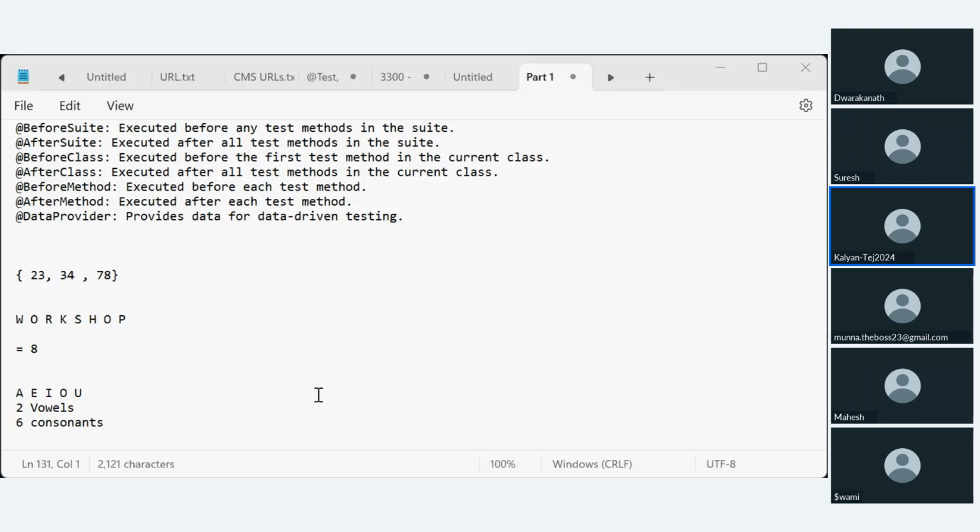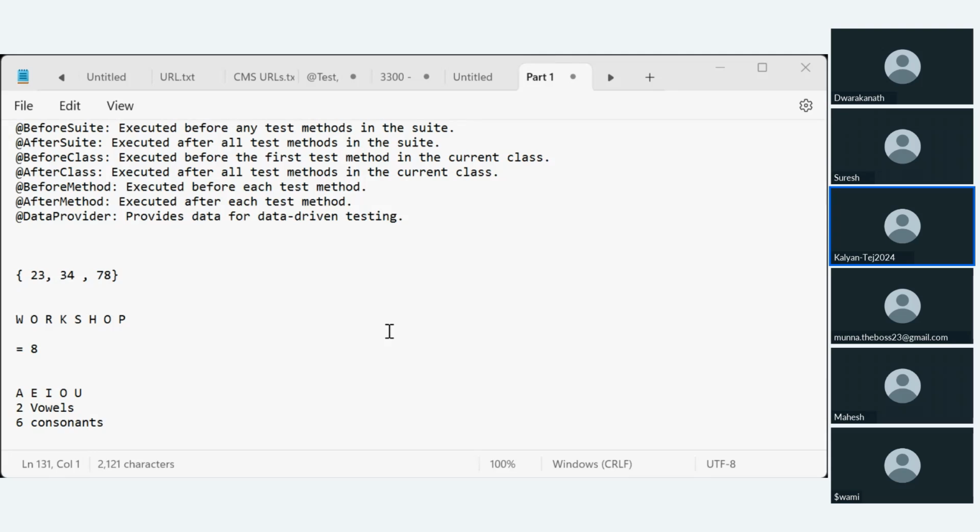With respect to the methods, the abstract class can have methods without a body, and it can have concrete methods with a body. In the interface you can have abstract methods as well as static methods. The abstract class can have a constructor, whereas the interface cannot have a constructor.